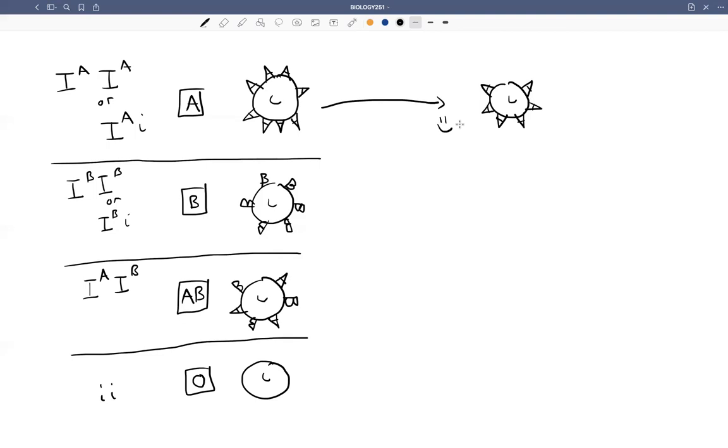Because that person's body has already seen the type A antigen and will accept that, and it doesn't look foreign. But if you were type B and you tried donating to type A, the B antigen is not something that this individual's body has encountered before, and